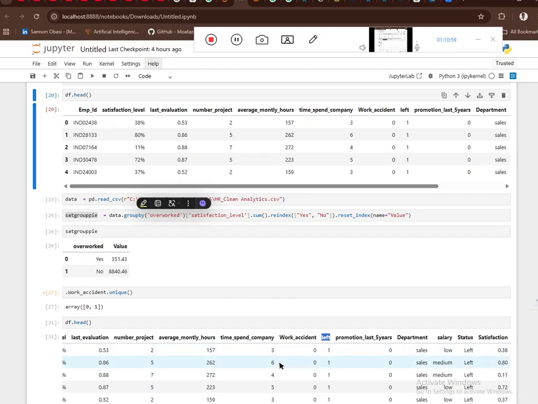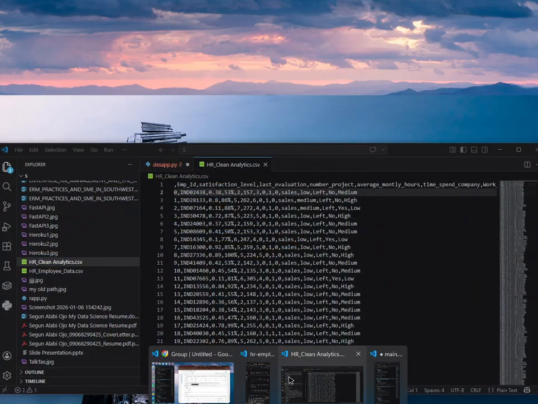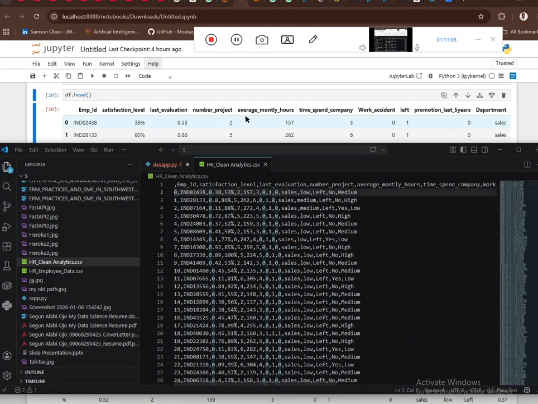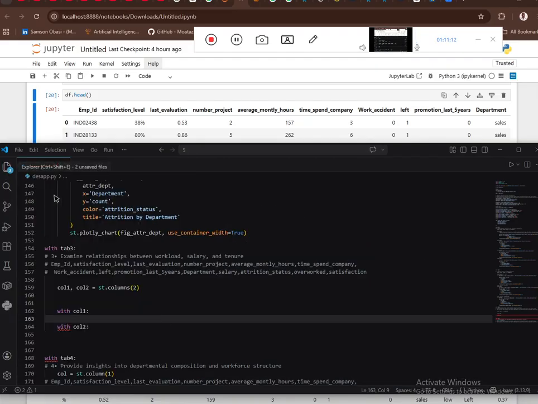It is yes or no. So we could work on that. Right, so overwork is categorical, true or false. Then time spent in the company is numerical. Monthly average hours worked is numerical as well. So to work on that,